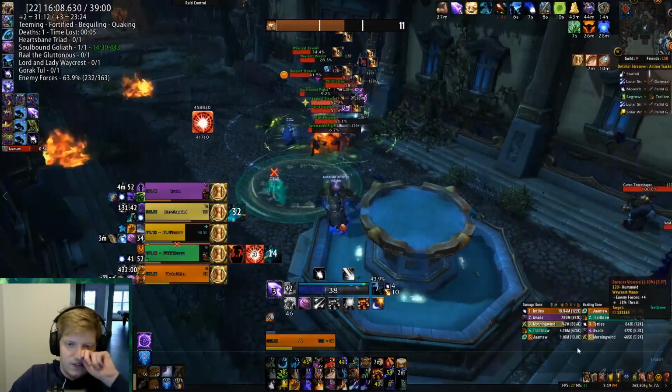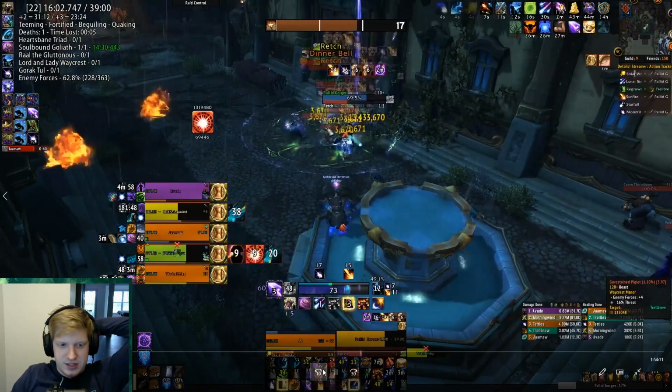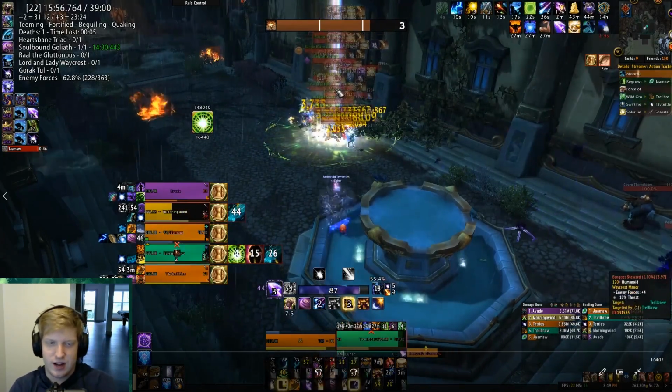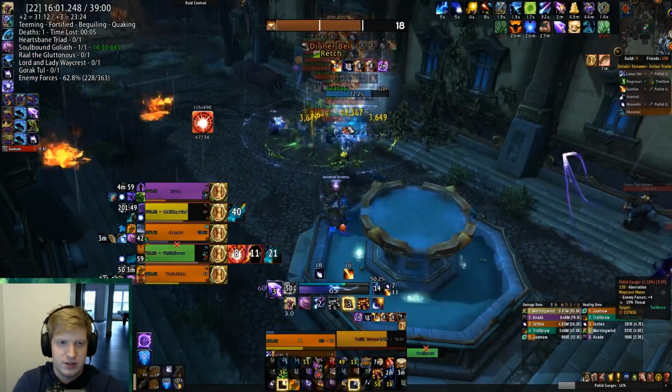But then I proc the staff. I hit 120k DPS on this pack that I was doing. I don't even know what I was at before, probably like 60k because I was healing a lot. Yeah, okay, so I was sitting at like 60k prior to proccing the staff, but then I instantly jump up to 120k. So it makes all of those globals worth it,